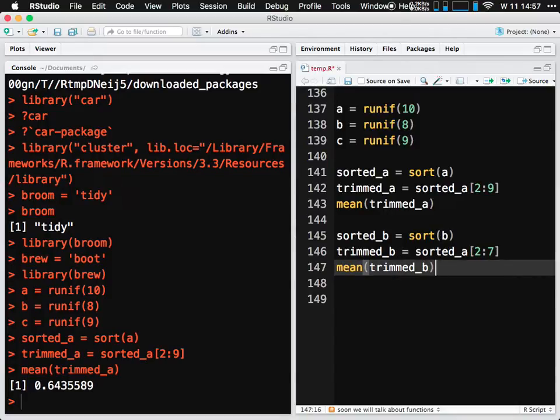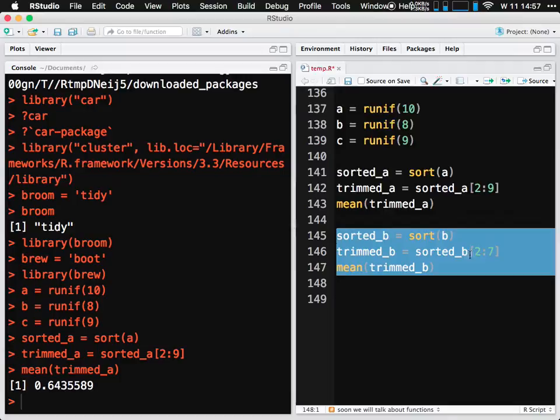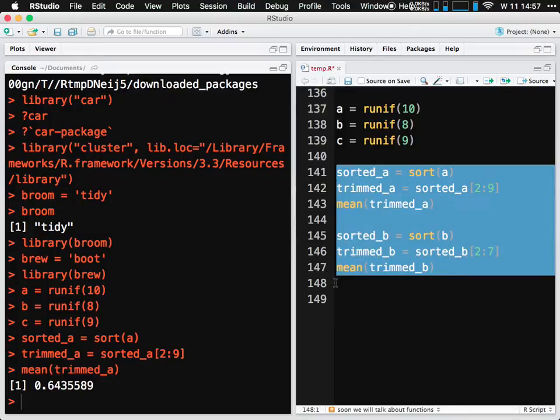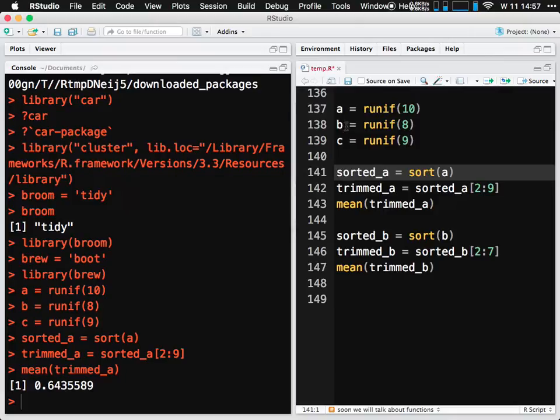We have trimmed B equals sorted B. Oh, yeah. So copying and pasting code, I already made a mistake that I maybe wouldn't have caught. Not a great idea. You can kind of see there's something generalized across these two cases, getting the trimmed mean for A and for B. We have to do something slightly different each time, so there's a little bit of nuance, but